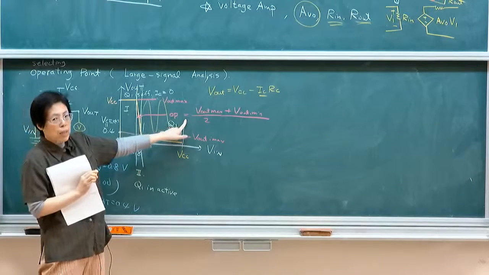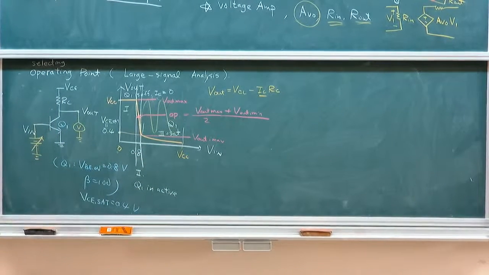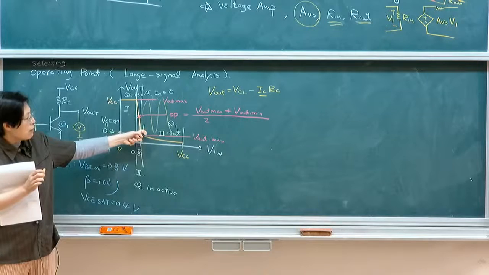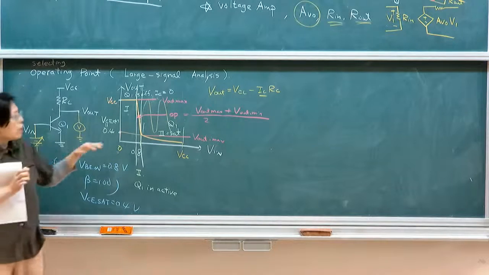If you place it in the middle, then I should have maximum margins for me to dance. Otherwise, I will be limited. If I stand right at the stage, at this end, I'll probably fall down the stage. That means there will be distortion on your signal. So in typical cases, you want to stand in the